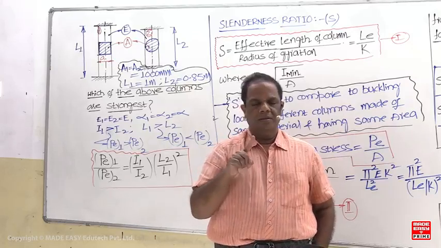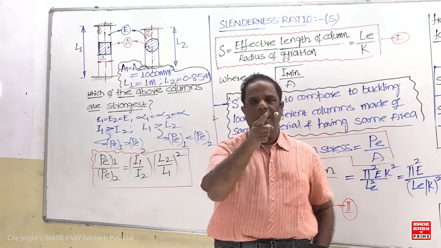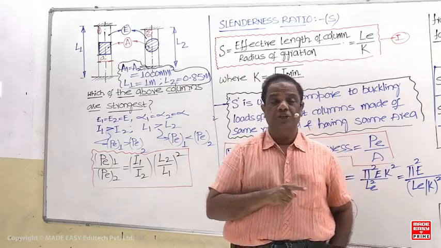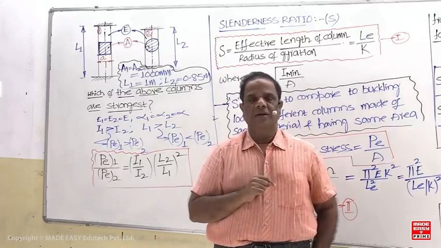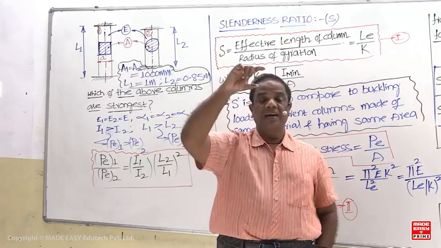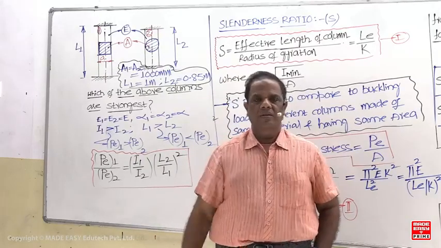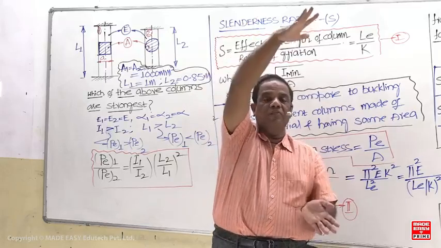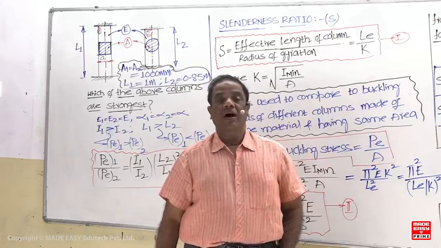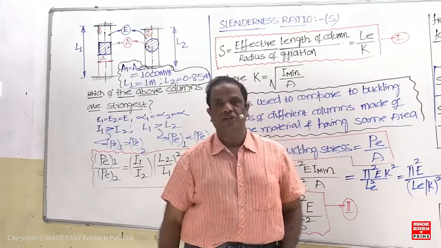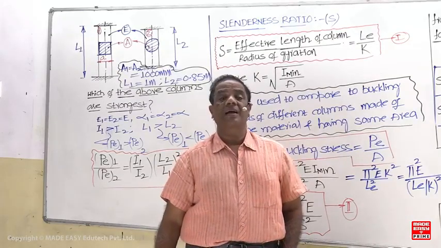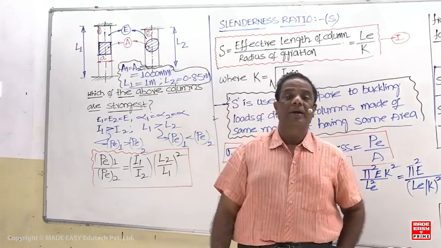Thick and narrow. For the same area, moment of inertia of an I section is greater than that of a T section, and that is more than the thick and narrow rectangular section, that is, depth should be more and width should be less. And that is more than a square section, and the square section moment of inertia is more than the circular section, and circular section is more than a square cross section with diagonals vertical and horizontal. This was studied in the bending stress chapter.